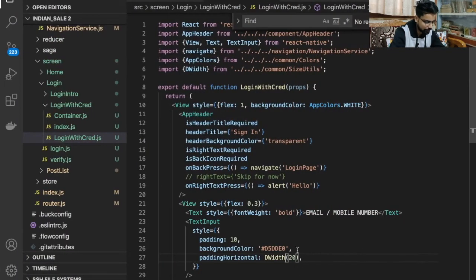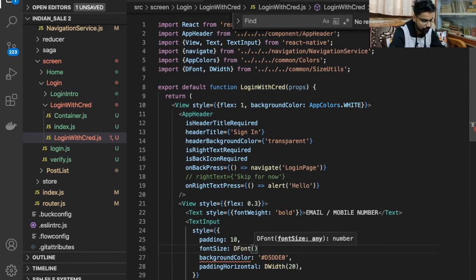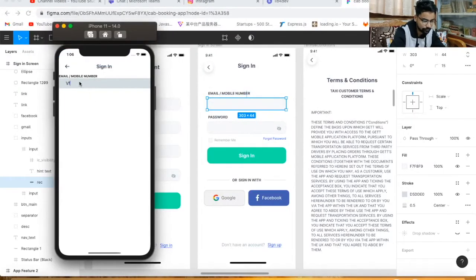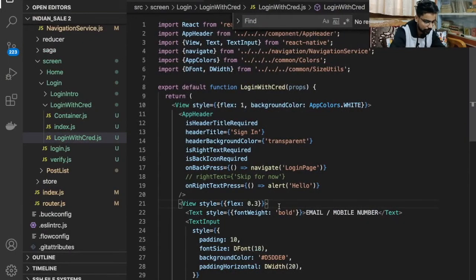All right, we have to define font size also. Font size, let's say 18. Perfect. Okay, now you can see this is coming just here. So now the time is we have to make a view